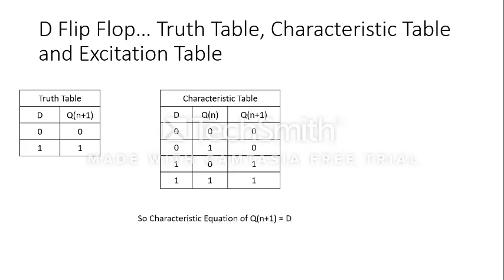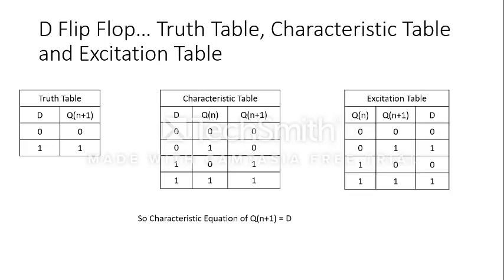Next comes the characteristic equation for the D flip-flop. How will you prepare the characteristic equation for this D flip-flop? Simply you will target the equation of Qn plus 1. Here you can easily observe that Qn plus 1 is directly equal to D, right? So you can directly write the characteristic equation as Qn plus 1 equals D. That is the thing we were saying from the initial part of the D flip-flop, that whatever input you give, you will get the same output. So Qn plus 1 equals D. This is the characteristic equation of D flip-flop.